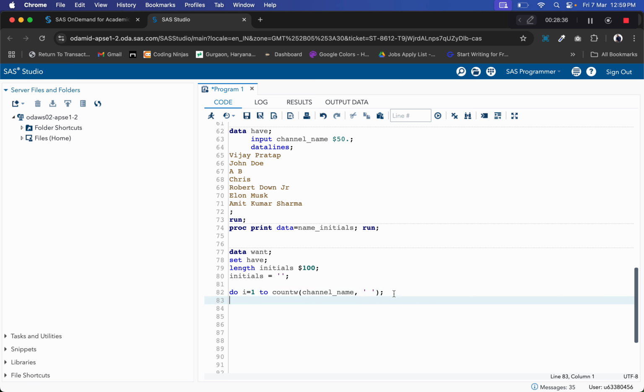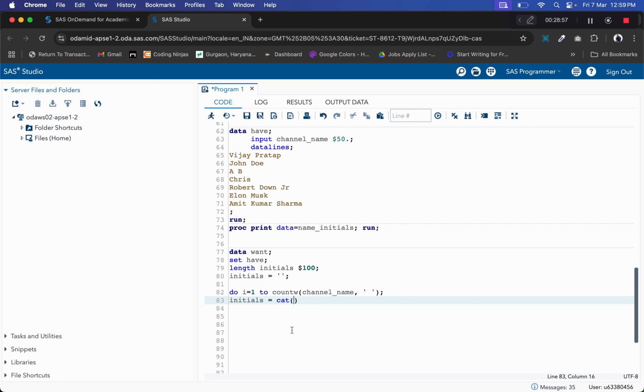And let's see what we can do here. In the next step we are doing initial, and again we are using the cats function, or cat, we can use the cat function.